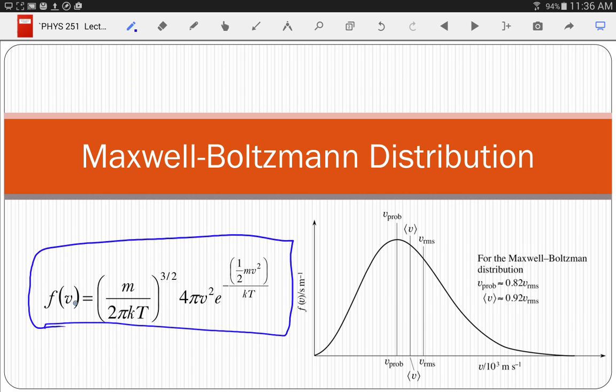We can look at this equation and say, what's the limit as v approaches 0? Well, if v approaches 0, this is approaching 0, and this is approaching 1. 0 times 1 is 0. So instead of looking at the graph, we can look at the equation and see, yeah, as v approaches 0, this function approaches 0. As v approaches infinity,